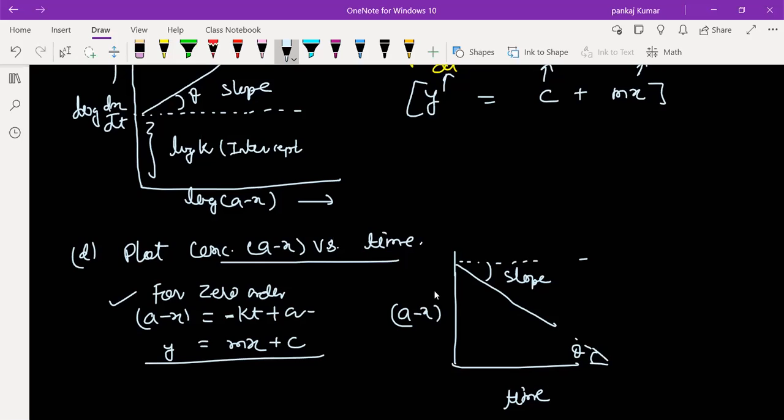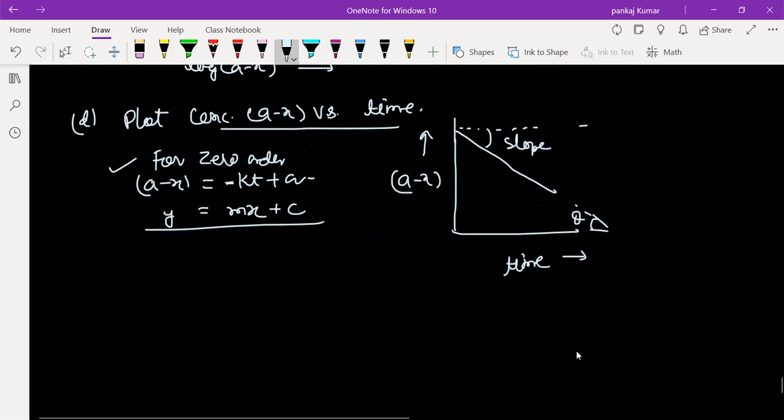This is concentration. This is the time. And for the first order, now here in first order, what was the graph? 1 by, that's also a straight line. All will be straight line. Here every graph will be a straight line. So first order graph will be your